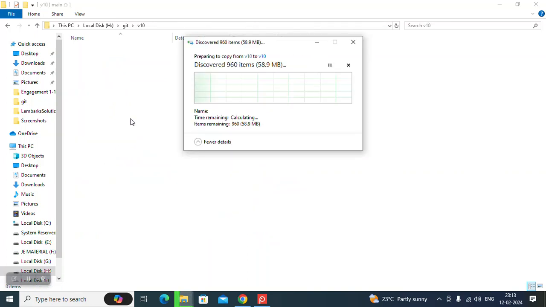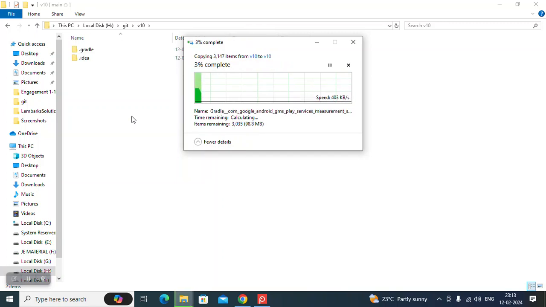This is a repository directory, and I copy all the details related to your project. Once copied, then